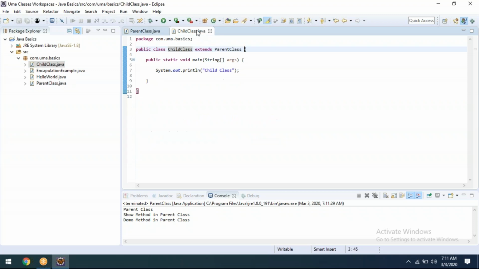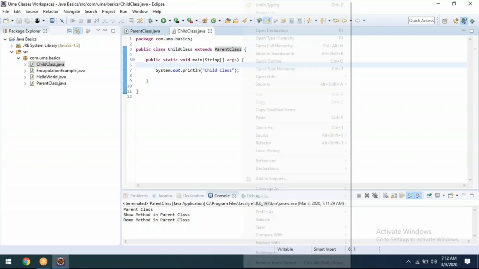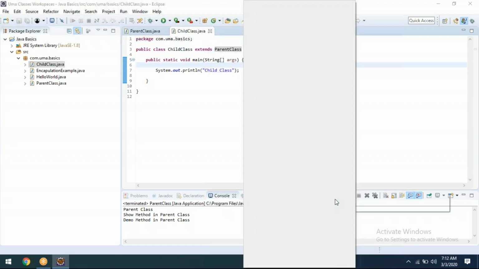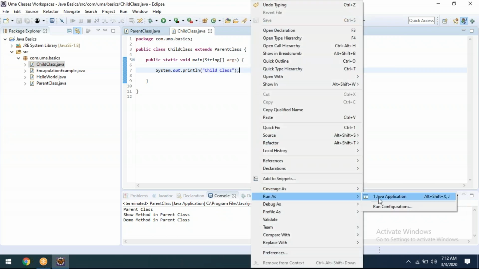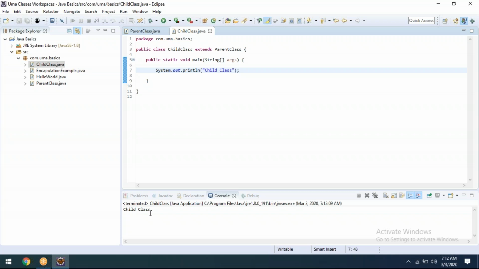First of all, we make the connection through extends. Now, if I run it, as of now, it's two independent classes.